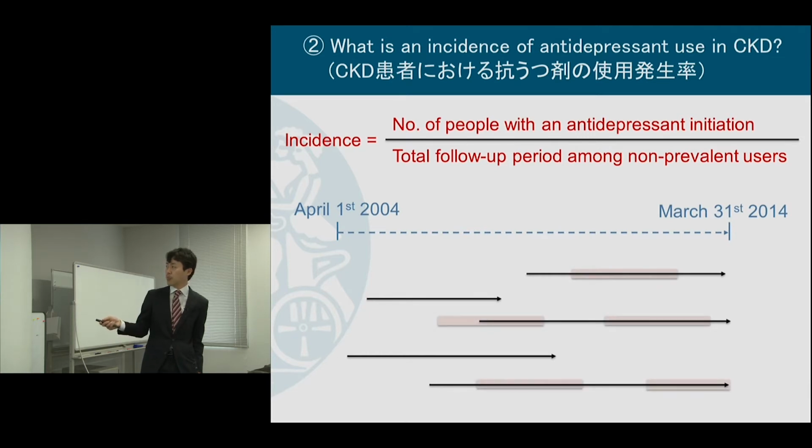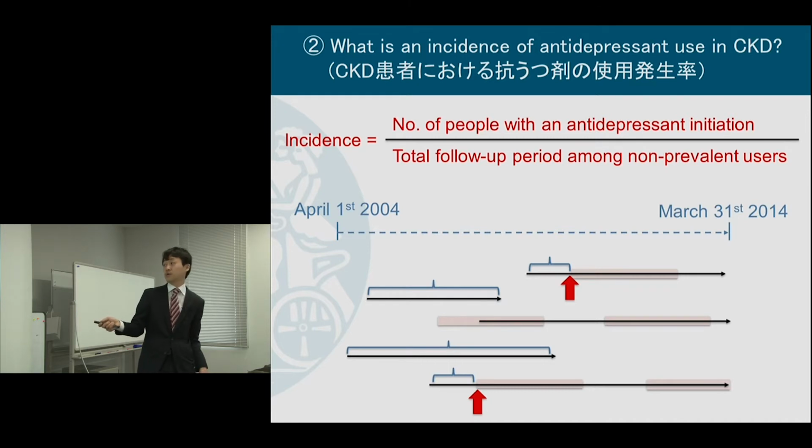So let me show the antidepressant prescription period in pink. So this is the period of receiving antidepressants. And in this example, incidence can be identified as new start of a drug. And so 2 divided by these observational periods. And I excluded the middle patient because he or she was a prevalent user. So he or she is not at risk for initiating a new antidepressant.